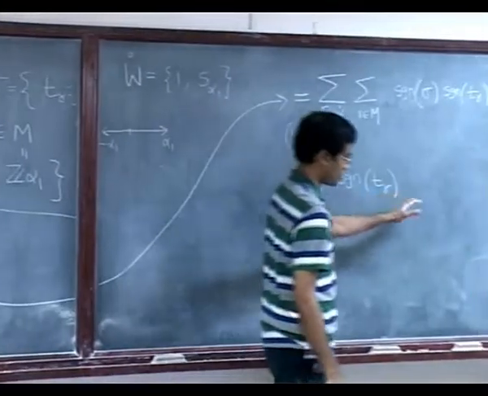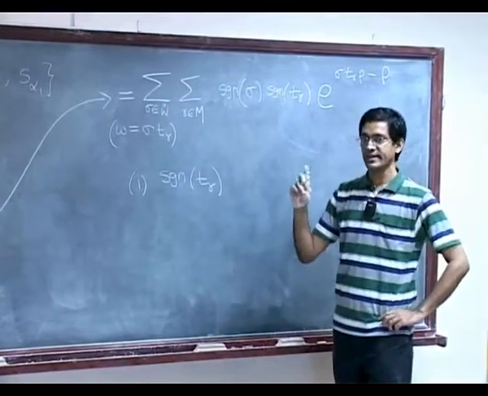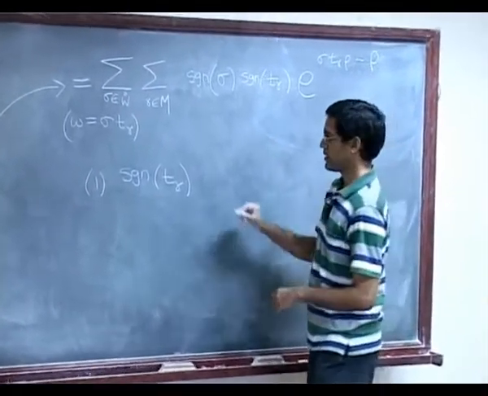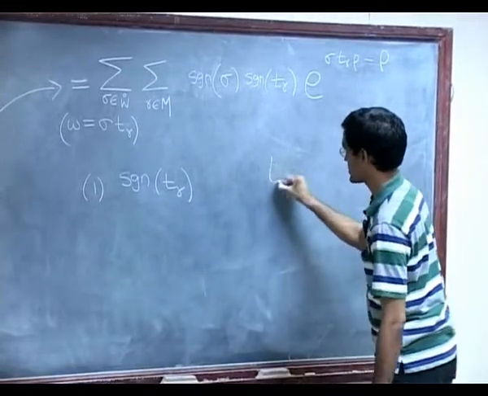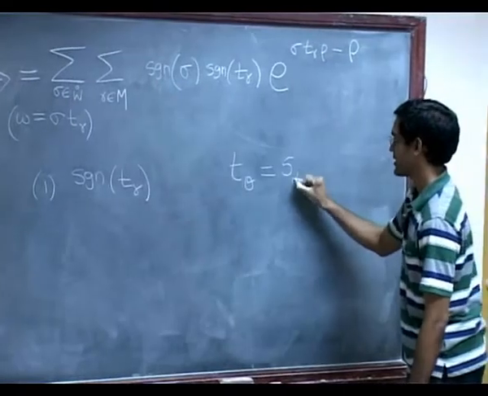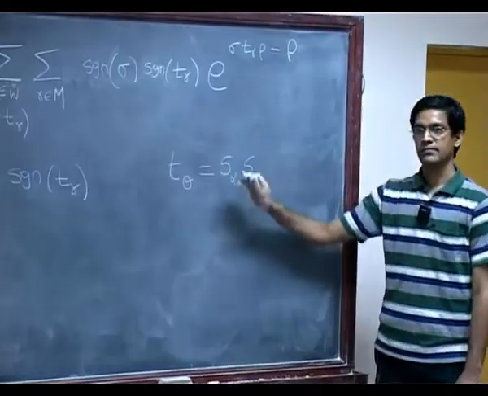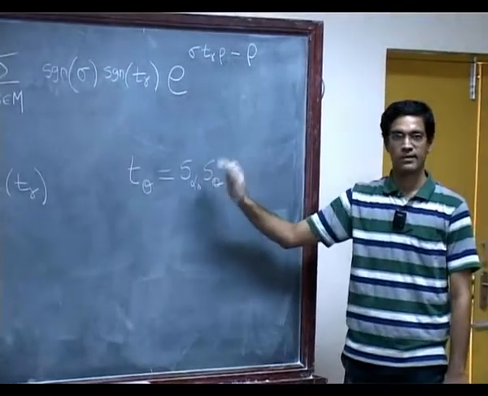So let's go back to a couple of lectures ago when we defined these various things. How did we define T theta? Recall, from two lectures ago, we started out like this. We said this is the element that occurs naturally. We defined it like this, right? We said it's a reflection S alpha naught times S theta.